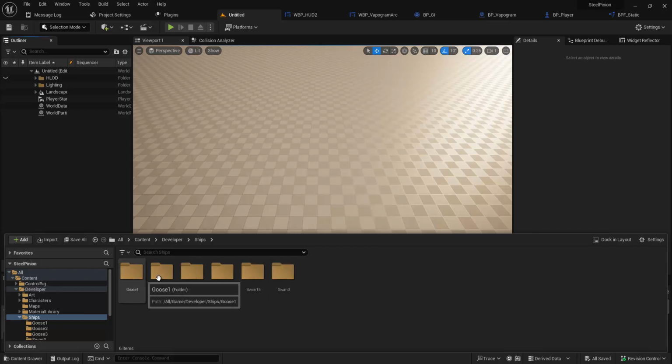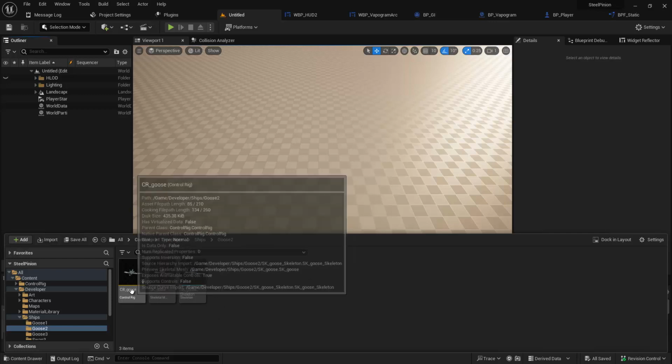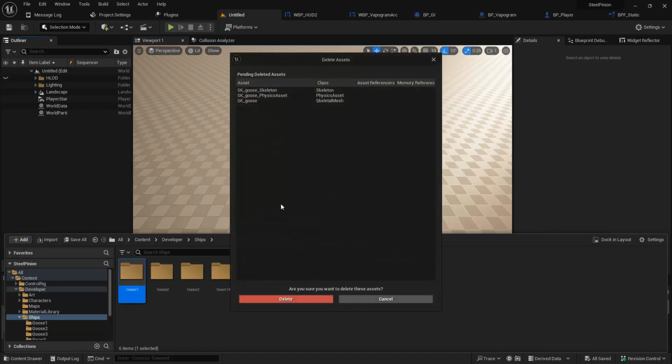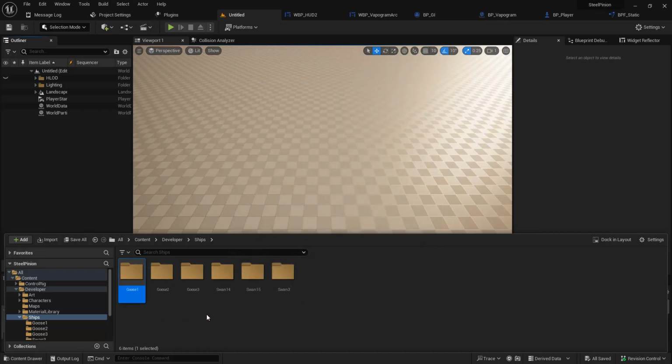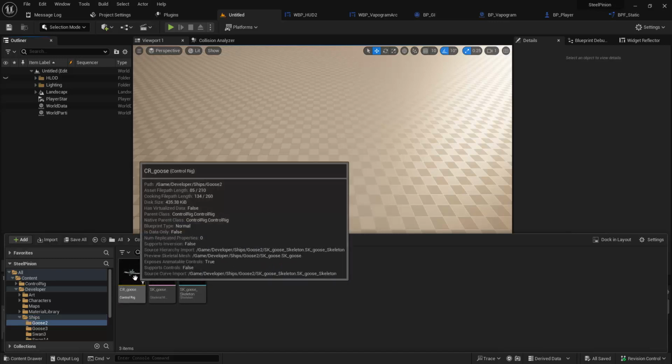Alright, let's record live here and update this Goose control rig. So we have 3 different Goose models. This is the old one, which I can delete now. That was like the first one. That one didn't have the pivot corrections. This one has pivot corrections, but it doesn't have